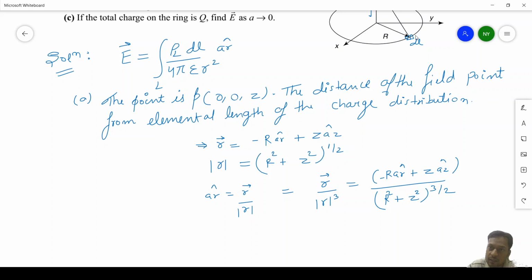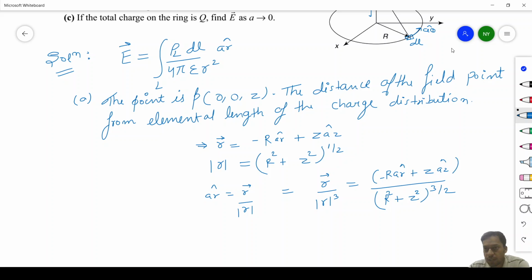Then for A phi, the differential length is, this is the r. So small r d phi. If we use rho, then rho d phi, but it is small r d phi. Sorry, capital R. This is rho, na? So capital R d phi. Okay, this is the radial distance. So putting all this value, we have